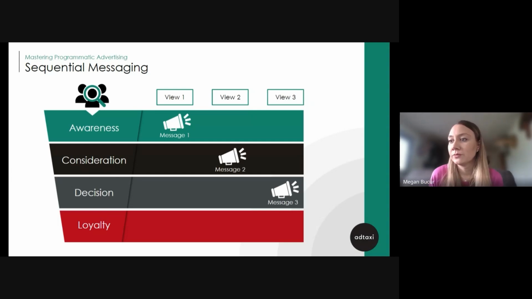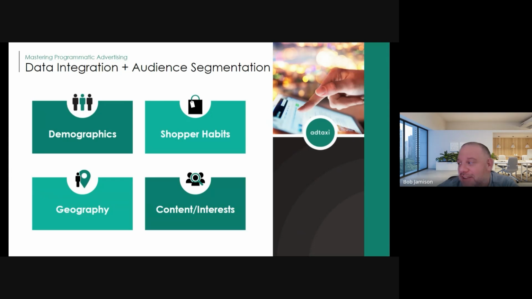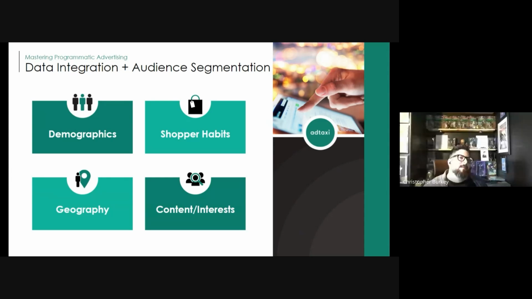That's really cool. And then, the data. There's a lot of it. There's a lot of different ways to leverage it. Chris, can you kind of elaborate on how it gets used and in some examples there? Yeah, absolutely. So, this part is when it gets fun, right? Because these can kind of seem like basic concepts, like, yeah, no, duh. I got to plug in demographics, geography makes sense, shopper habit, content interest, but these things aren't always being taken